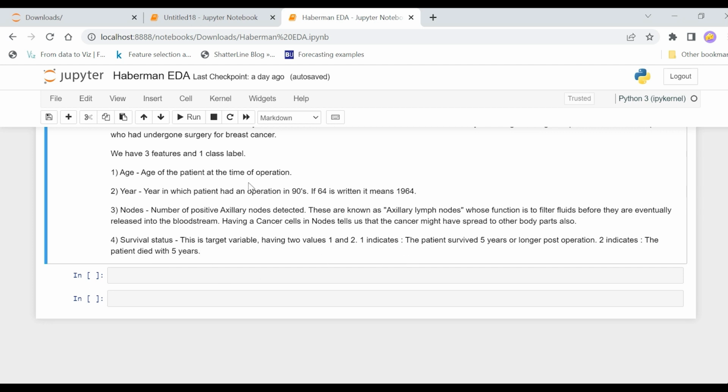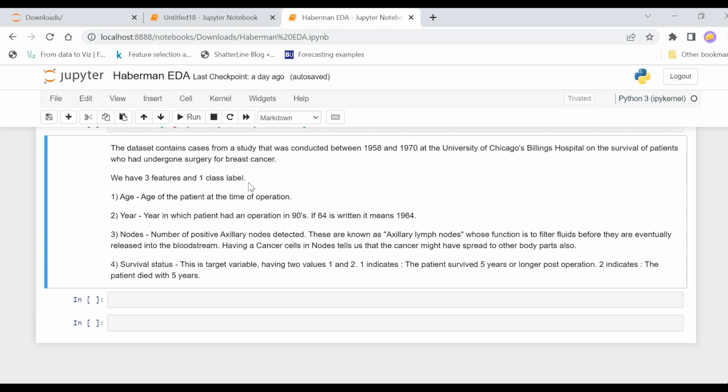So you can say that the operation also has an effect. If the operation was highly successful, the patient would survive after 5 years also. But if the operation was not that effective,